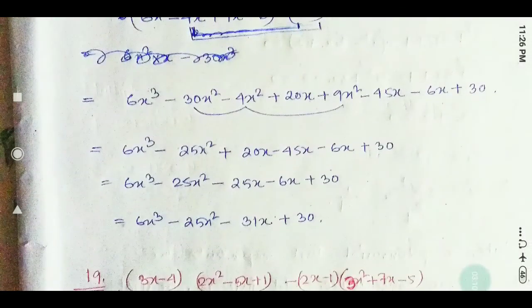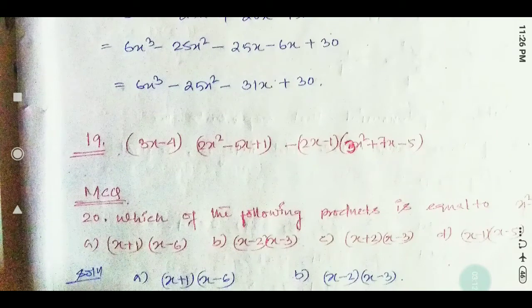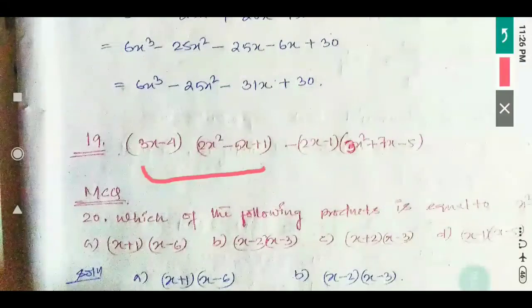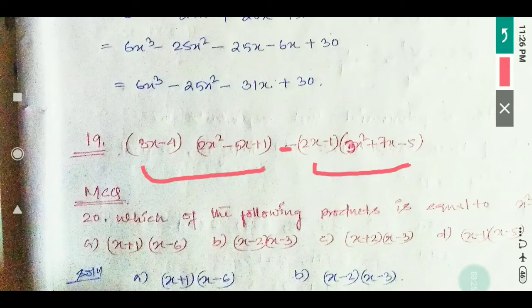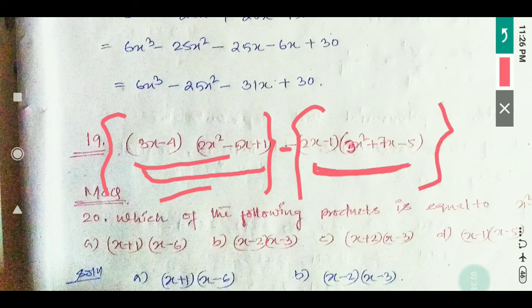Okay. 18 number done. So similarly 19 number also you have to do it by yourself. See in 19 number what is given. So that means first of all you have to do the multiplication of these two, and then with these two you have to do the multiplication. After that this minus sign you have to keep like this. You will do multiplication of these two inside the bracket. After that you will do the multiplication of these two inside the bracket. Don't split this minus. Then you check the like terms, unlike terms, according to that do subtraction, addition inside the bracket only.